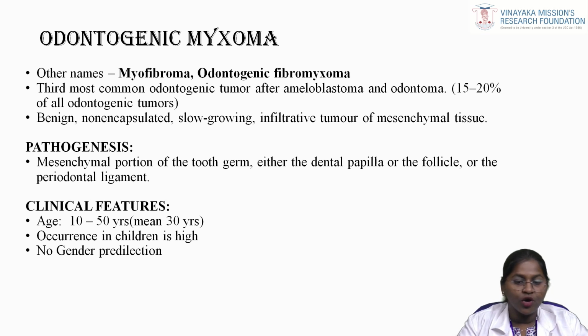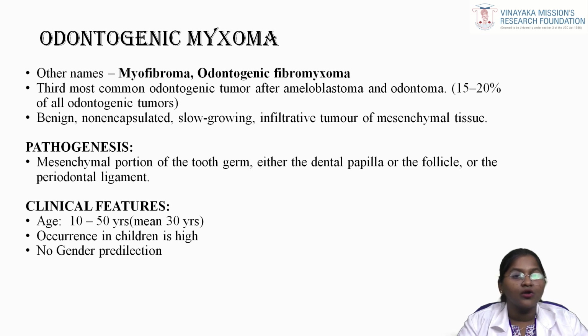Moving on to the odontogenic myxoma. The other names are myxofibroma and odontogenic fibromyxoma. It is the third most common odontogenic tumor after ameloblastoma and odontoma. It is a benign, non-encapsulated, slow growing, infiltrative tumor of mesenchymal tissue. The mesenchymal portion of the tooth germ, either the dental papilla, the follicle, or the periodontal ligament, is responsible